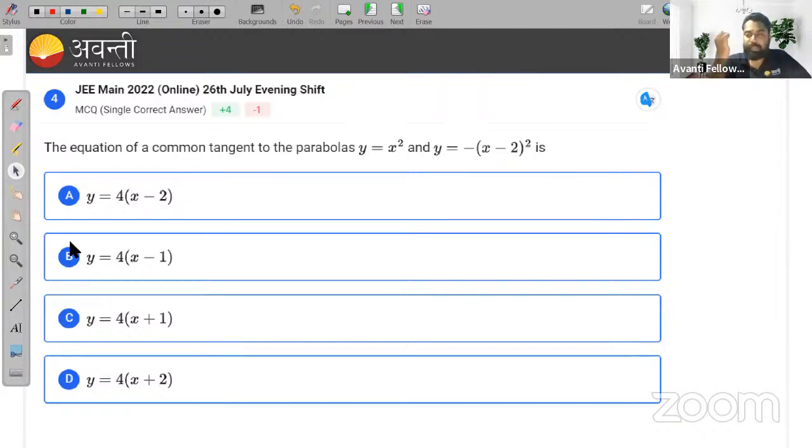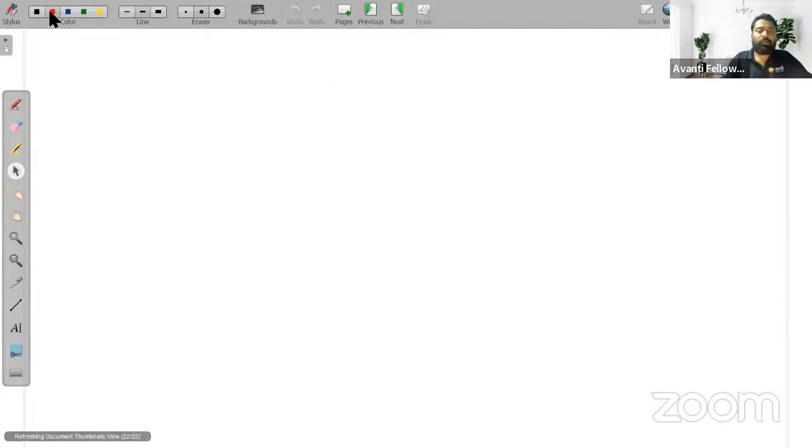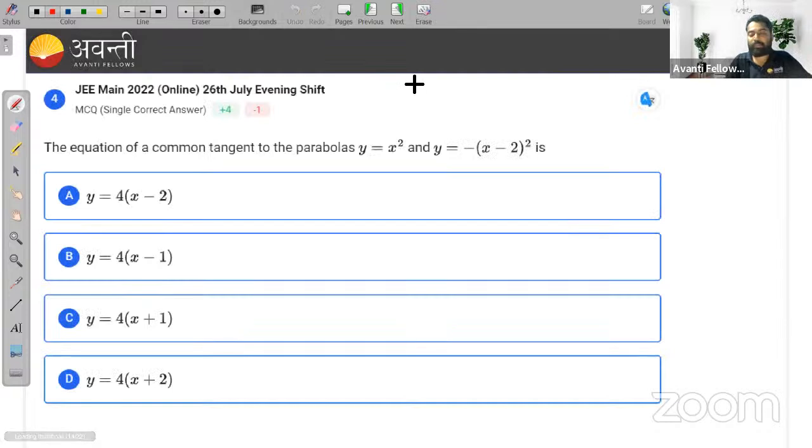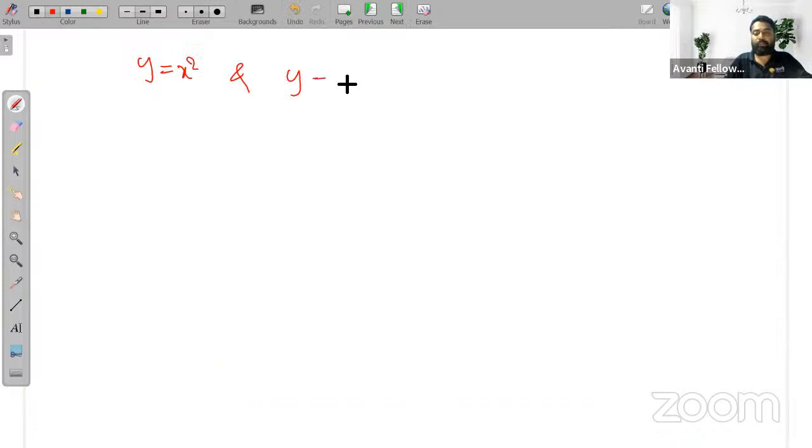Chalo. So it is asking the question, the equation of common tangent to the parabola y is equal to x square. The parabola is given as y is equal to x square, and another parabola is y is equal to minus of x minus 2 whole square, right? Okay, so suppose I'm taking the equation of tangent having the slope